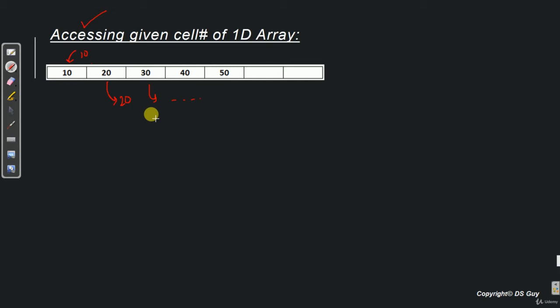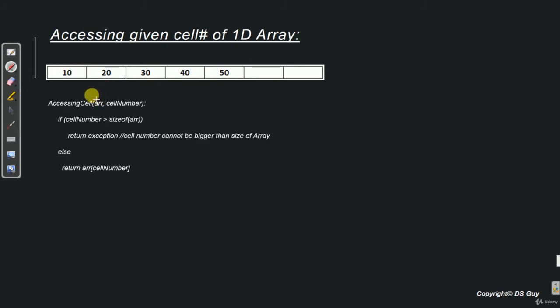So without wasting much of a time, let's see the algorithm of this. The algorithm is extremely simple. The method name is accessing cell. It takes as argument the array name and the cell number which needs to be read. Now before reading the cell, we do a check over here that if the cell number is greater than the size of the array, then of course we cannot read that cell because that cell number is not there in the array. Hence we have to return an exception saying that the cell number cannot be bigger than the size